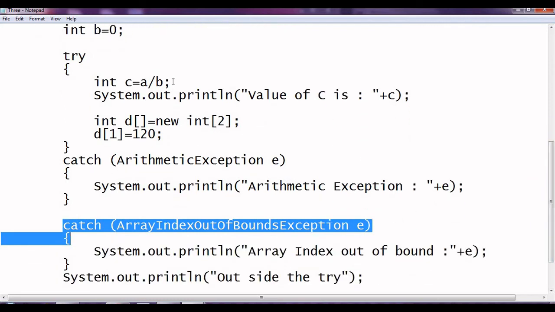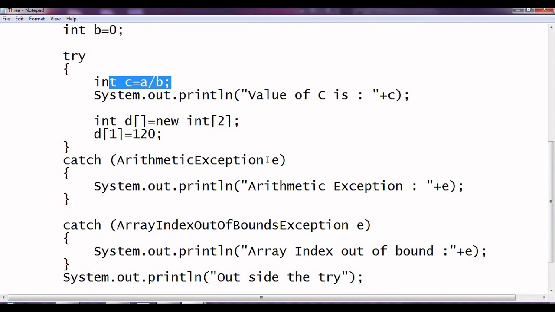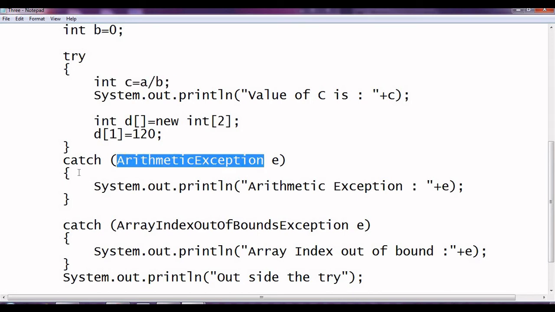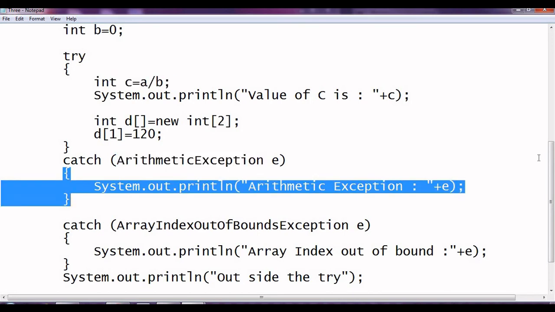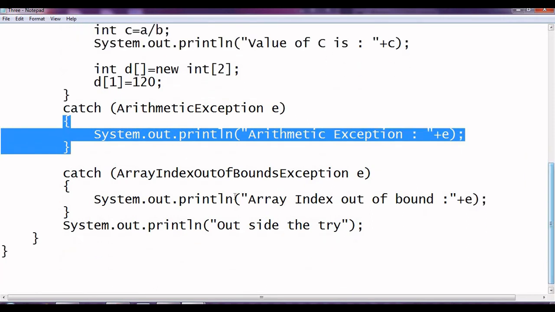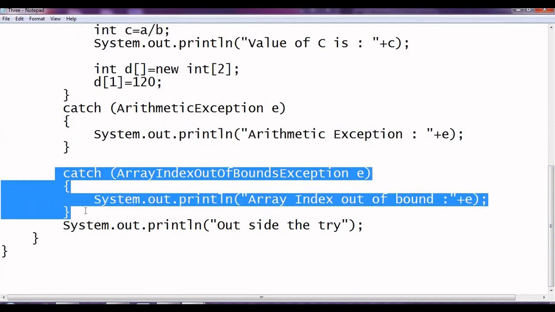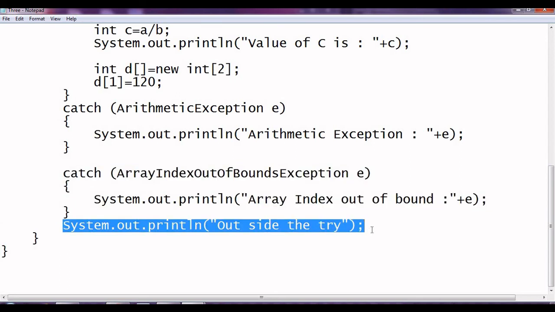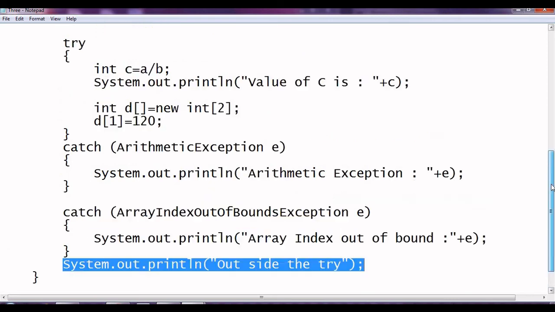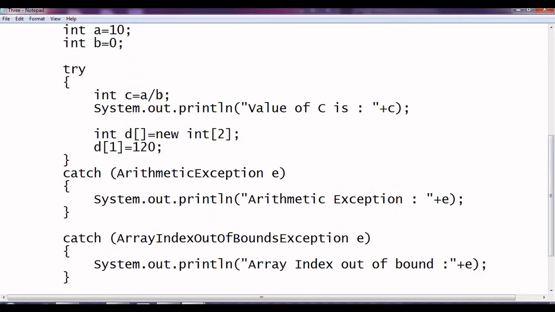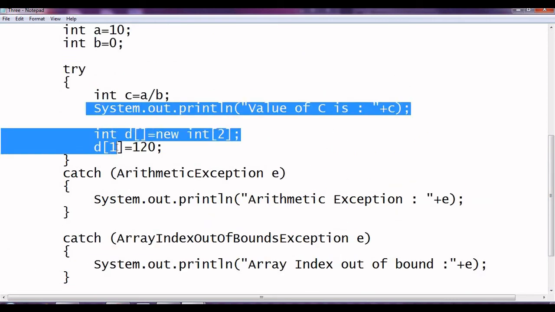Okay, so as we have an error, we have gone for this arithmetic exception. It's matching and it has been executed. Then after execution of the one catch, the rest of the catches will be skipped. This will be skipped. And as the error has been resolved, it will now go for the normal execution of the program. So the output will be from here, and the rest of the thing will be skipped.